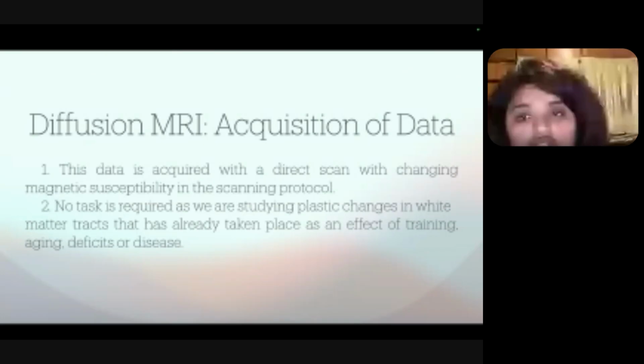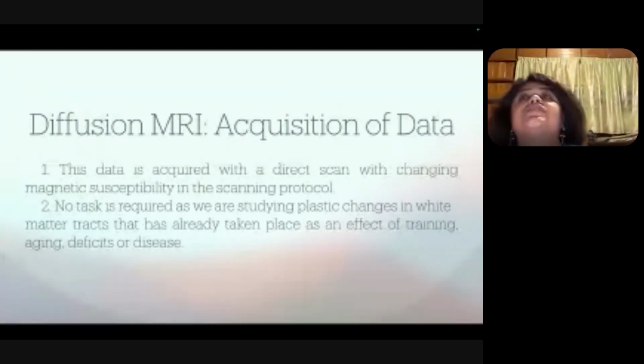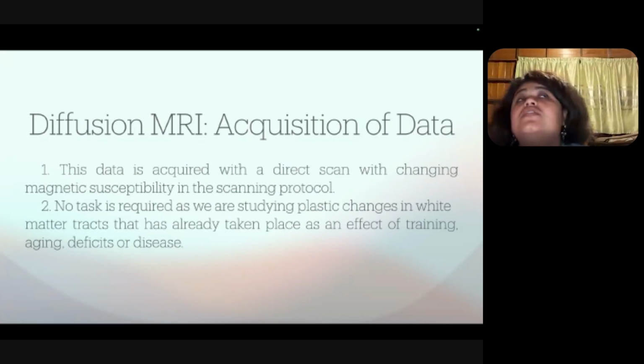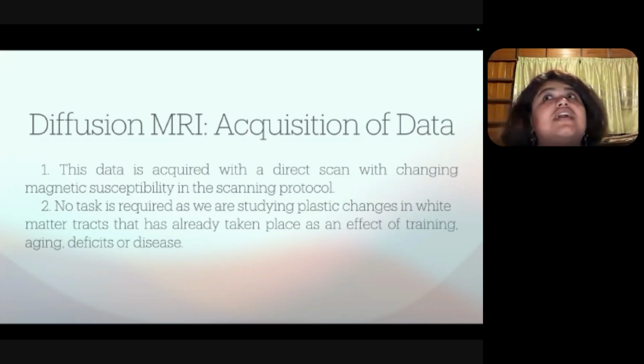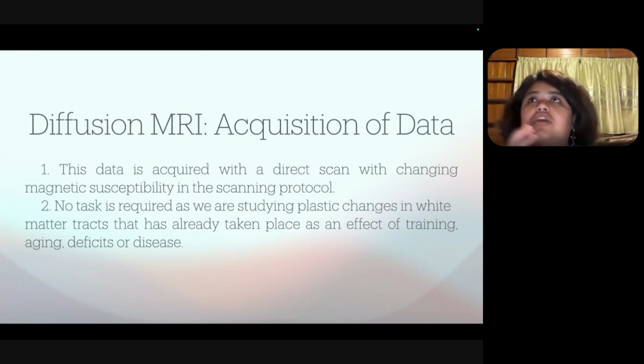In case of diffusion MRI, it's very easy. We do not need any kind of behavioral task. In this case, the patient or the participant will just lie inside the scanner and you can just do a diffusion MRI. Why? Because here we are tracking the white matter tracts. We are basically seeing the changes in the white matter tracts, right? So it is not really important to see whether they can perform a task correctly. Here you will just see whether there are plastic changes in the white matter tracts, and then when the data is collected, we go further with various types of analysis which give a statistical measure that is enough for comparing.